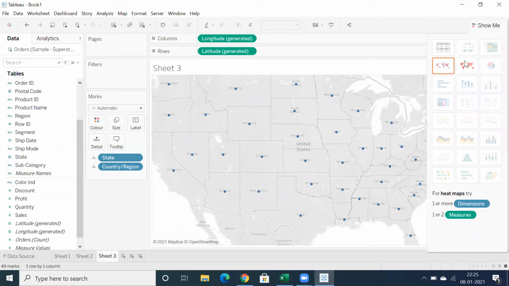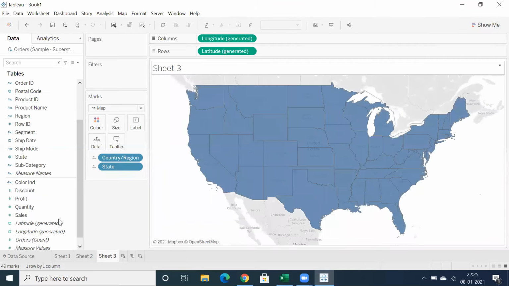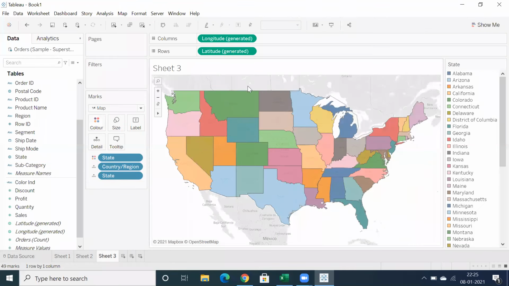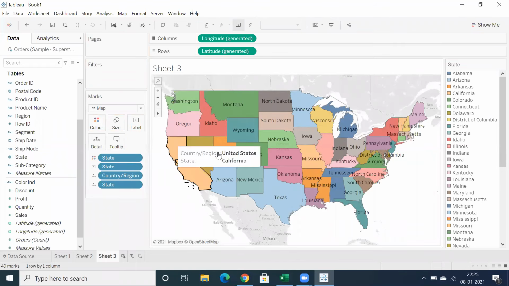You can also showcase that in the filled map and drag and drop state into color to differentiate states into different colors. And you can drag and drop state name into labels so that you can showcase those state names.